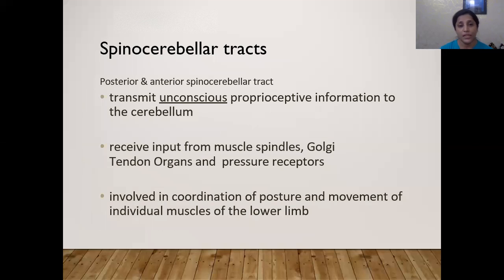Now, if we proceed further, we are done with the tracts of the spine all the way to the cortex. Okay, so we have seen that the ascending tracts begin at the spinal cord but terminate on two locations in the brain. They are the cerebral cortex or the cerebellum. So we are done with the tracts which are terminating on the cerebral cortex. They were the anterolateral systems and the dorsal column system. Okay, now we are coming to the spinocerebellar tracts.